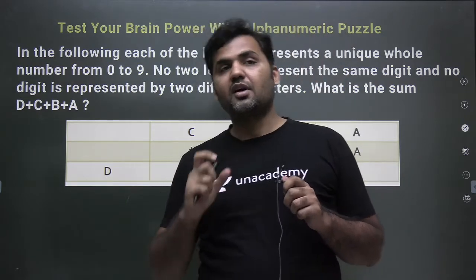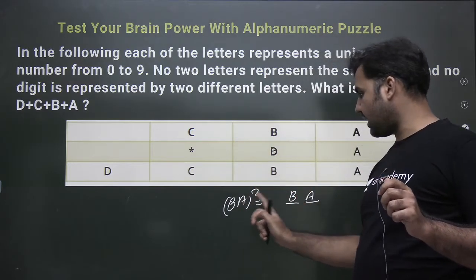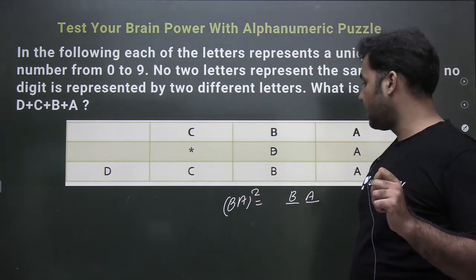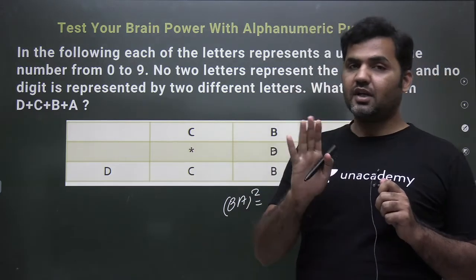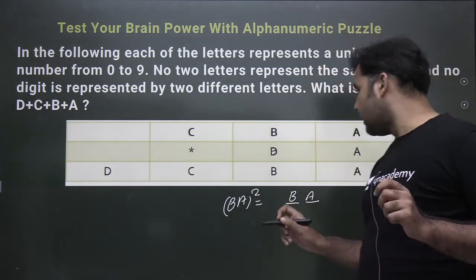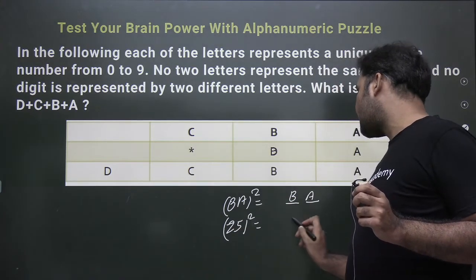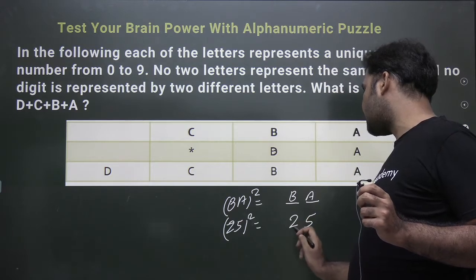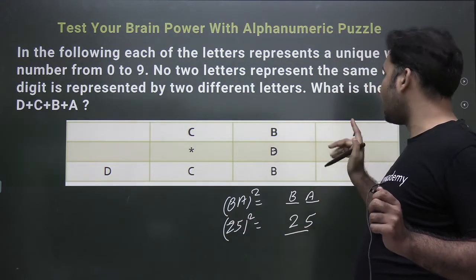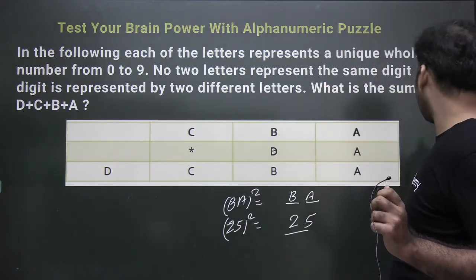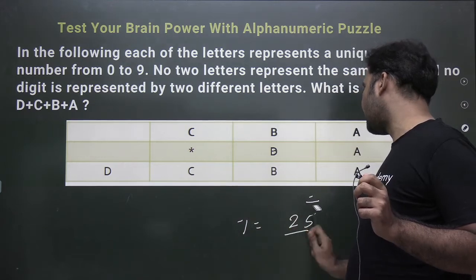Think of a number the square of which will give you the same two digit, right, as the number you are taking the square of, and that number is 25. This should strike you. If this does not strike you, then you'll not be able to solve the set, right? 25 square, you see that, is a number only which give you 25. The last two digit has 25, right? So that's for sure here, that BA has to be 2 and 5. It's the only one possible case, right? BA has to be 2 and 5.